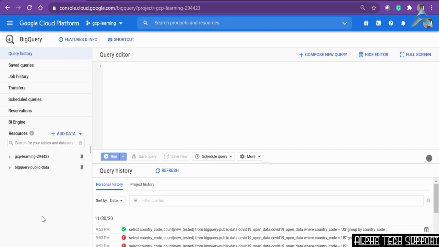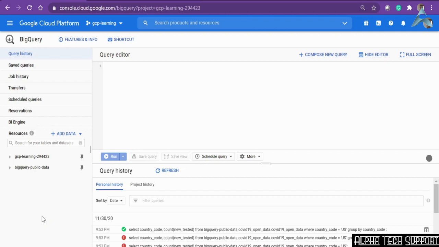A dataset in BigQuery is like a database in a relational database. A dataset is contained within a specific project. Datasets are the top-level containers that are used to organize and control access to your tables and views. A table or view must belong to a dataset, so you need to create at least one dataset before loading